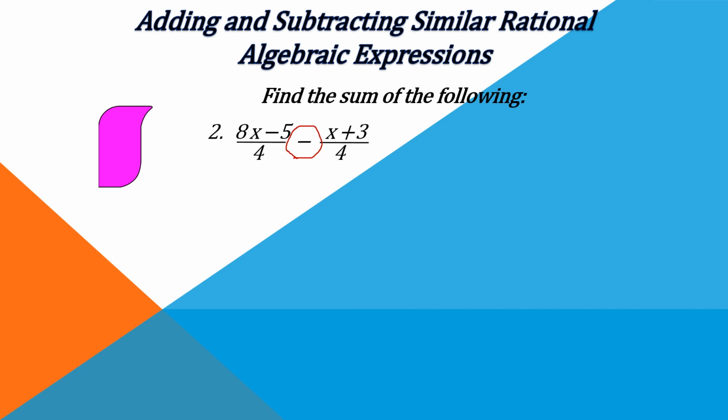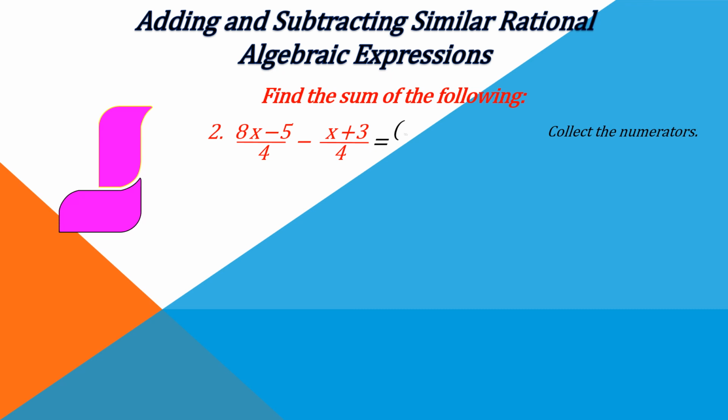And since we have a denominator of 4 and 4, they have the same denominator, we can simply collect the numerators, which is quantity 8x minus 5 minus quantity x plus 3 over